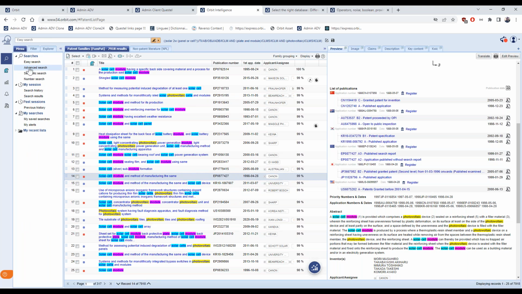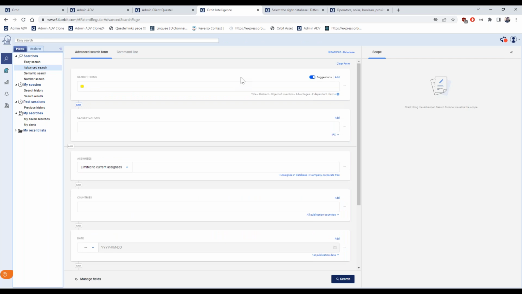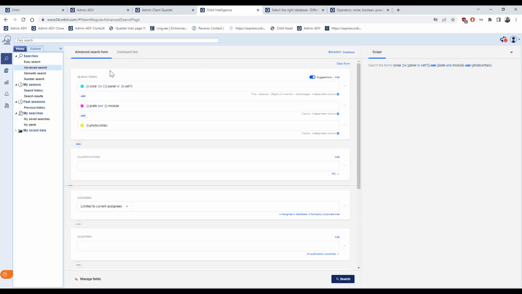Okay, let's go back now to my advanced search module. And maybe I have to put again an example. Let's take the last one. So I'm going to the search history, so to see the query that I used, and by modifying it, I will get back automatically to the advanced search.